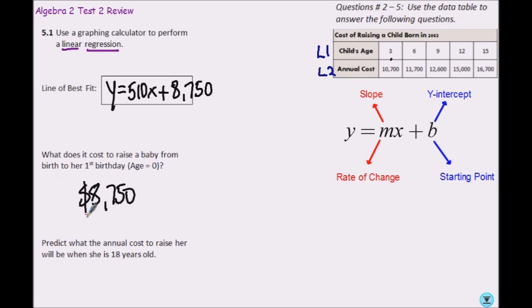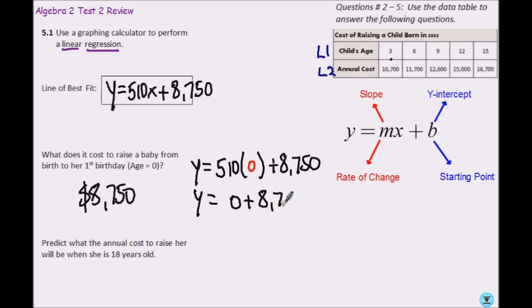And I put a little note there. It says age equals 0. If you didn't believe me, you could plug in 0 for the age, right? And what we mean by 0 is just at birth. So 0 times anything is just 0. So 0 plus 8,750 would be just 8,750. So you could have known that by plugging in 0, but truthfully, like I said, the y-intercept, the b,